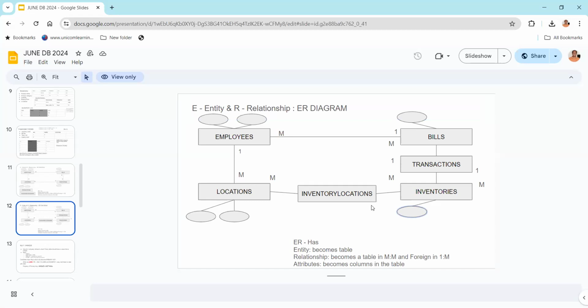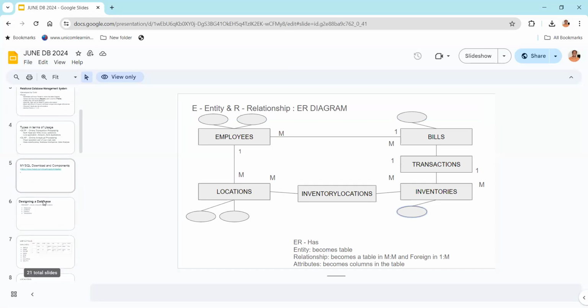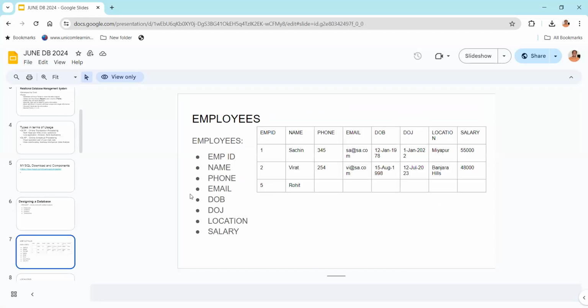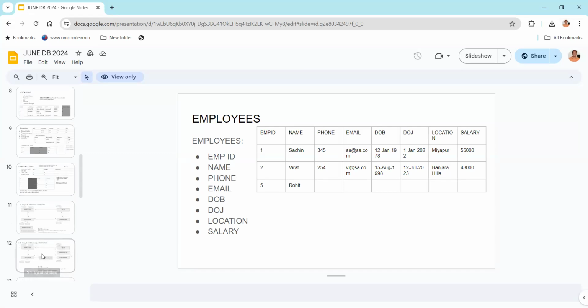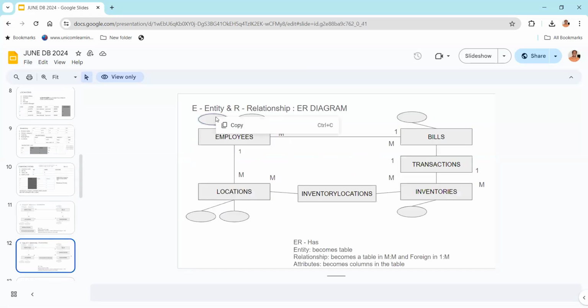So for example, if you go to employees, as per our design, we have about 8 columns. So it should have 8 attributes, 8 ovals, and EMP ID is the primary key. Correct? So the primary key, we generally underline it. So if I go back to this ER diagram again, let's say I put here